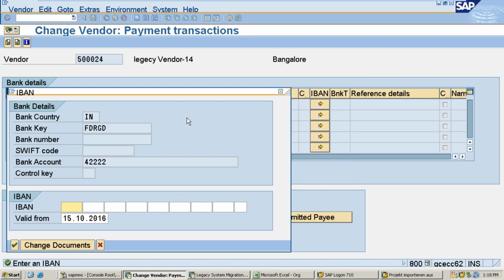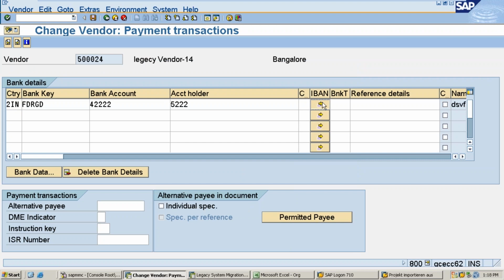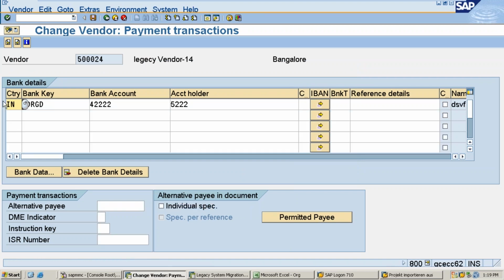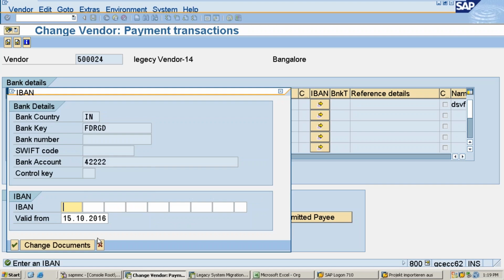See, IBAN. It is not possible to enter it freely. One formula, one logic is there. The combination of country code, account number, bank key, based on one formula you are supposed to enter it. Whatever you enter, will it accept or not? See, country doesn't exist. All these things must exist. Just IBAN. See, what is IBAN? Example, country IN, or house bank, for example SBI. So the account number is SBI one, the first number.